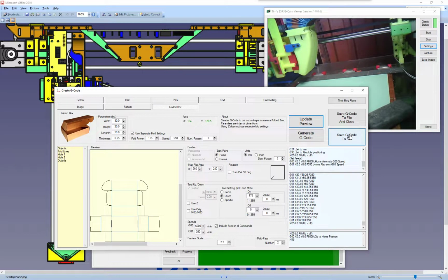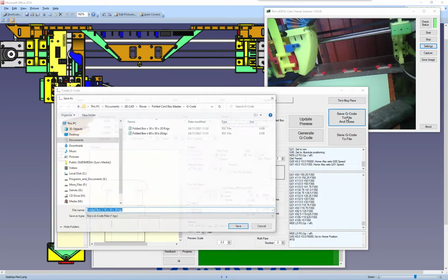So if we go to save, there's two save options. This will save, so if you're going to do several boxes and you want to do all your code first, you can just click save and then do another one, and then this is save and close. It will close this application once you've saved it. So if we go here,